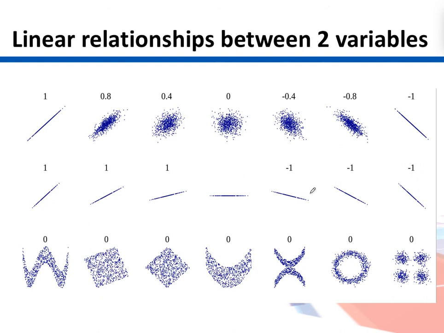So this is how these shapes look like. And again, if you want to draw a straight line, the line goes like this. So these are the lines for them. And these patterns over here seem like no correlation. A diamond shape or a square shape or a circle or that kind of thing, they seem like no correlations.